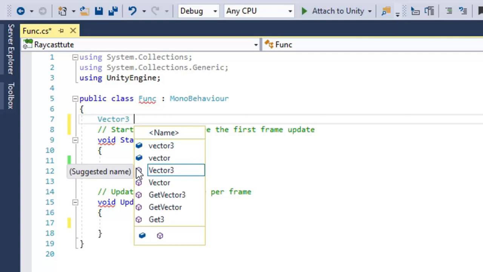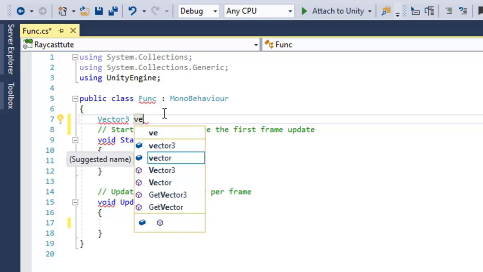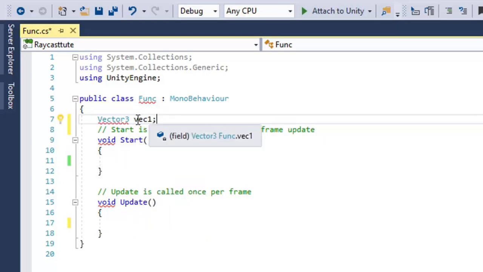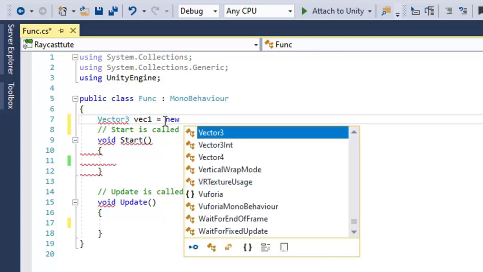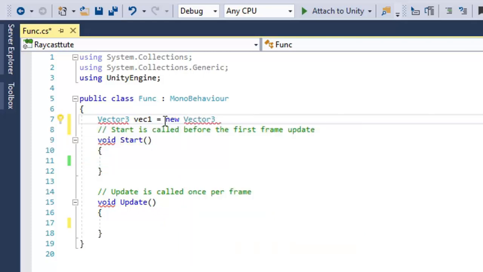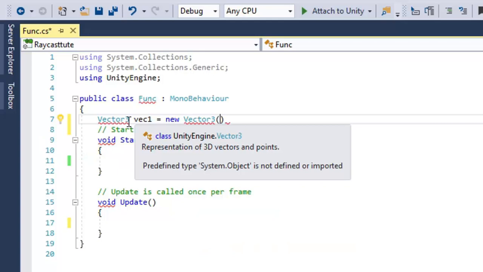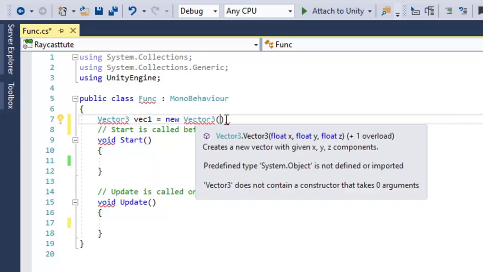Here you can see that we can create a Vector3 variable, suppose with the name vec1. This vec1 is a Vector3 type variable, and this variable can store a pixel value. It may be a position, a rotational value, or a translation value of any game object. Actually, Vector3 is a class which is available in MonoBehaviour.